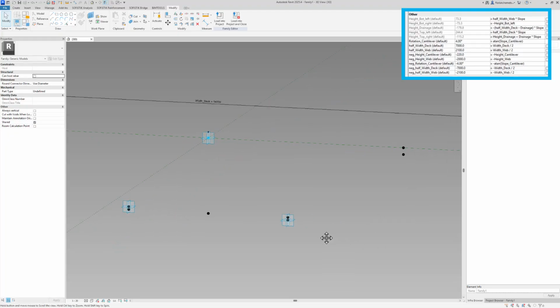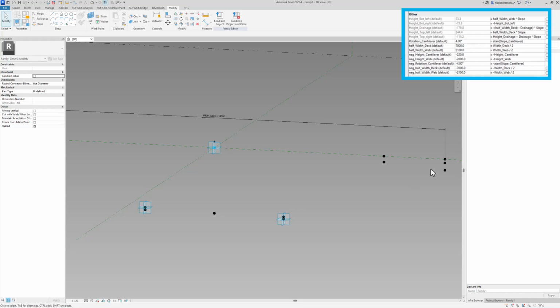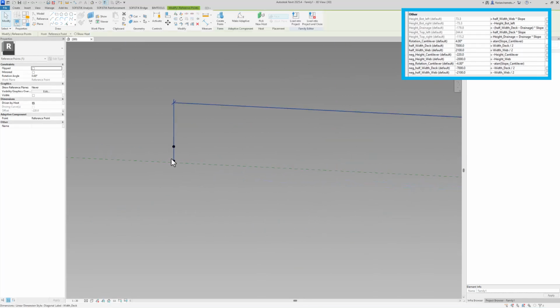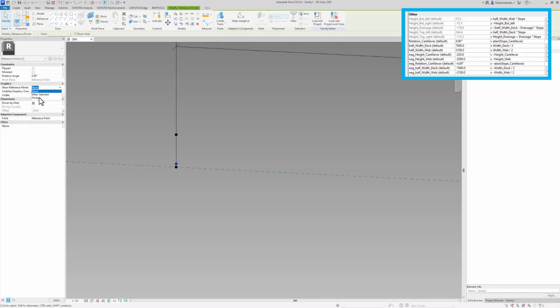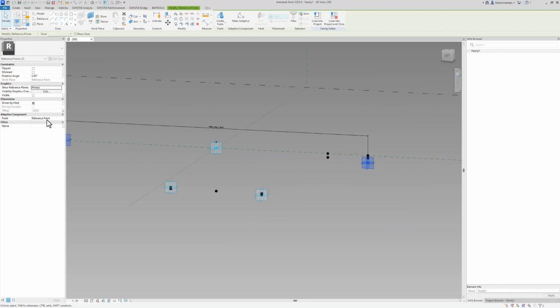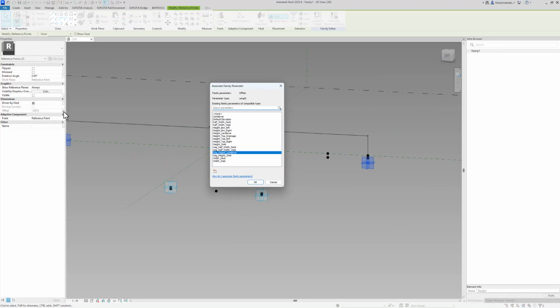We can use reference lines to quickly get them to calculate on their own. I also select the bottom references of my superstructure on the top. Remember, they are parameterized with the parameter negative height cantilever, so the bottom of the cantilever.